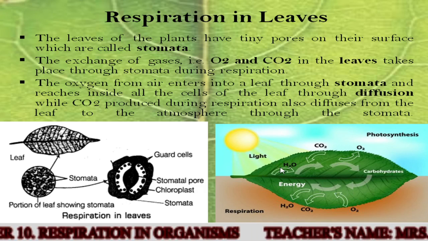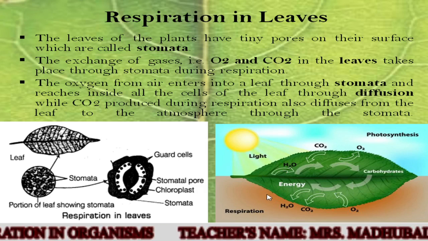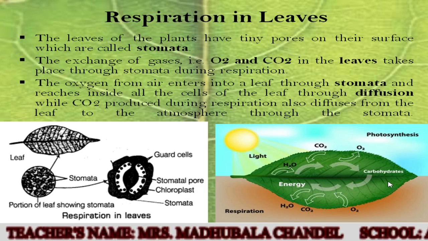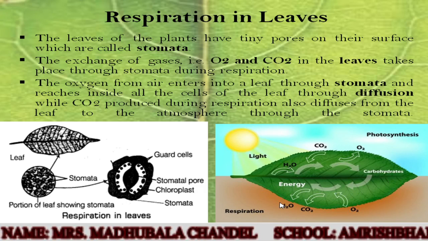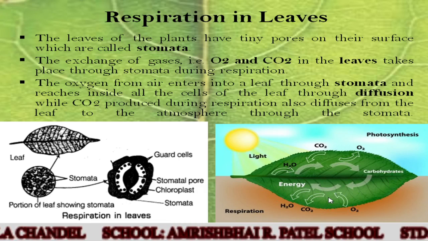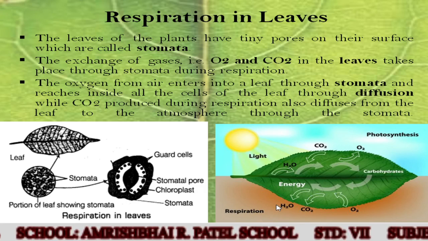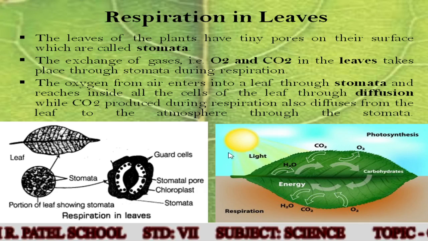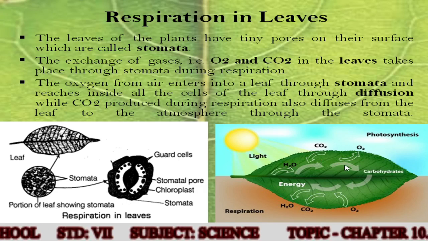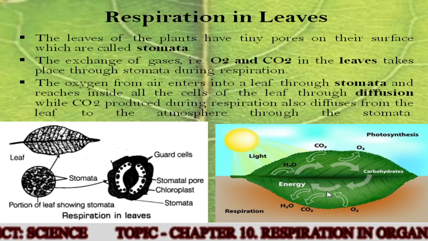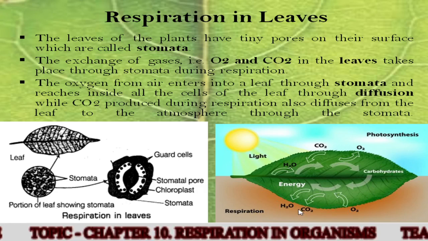Whatever energy is being trapped from the sun and water is utilized to break down and produce the food, and then this energy is released and utilized in the functioning of the plant. And along with this energy release, carbon dioxide and water are also released. Now, in photosynthesis, carbon dioxide is utilized and oxygen is given back. In respiration, oxygen is taken inside and carbon dioxide is sent out.